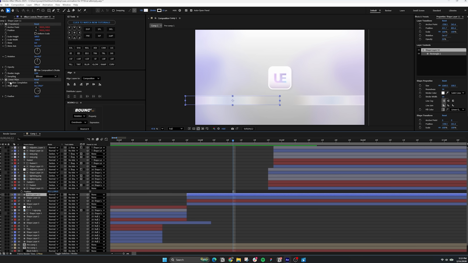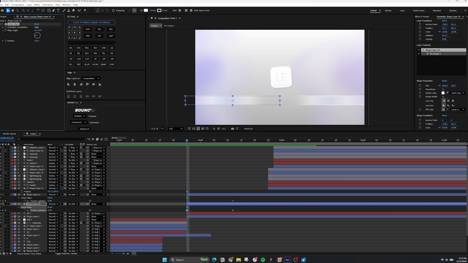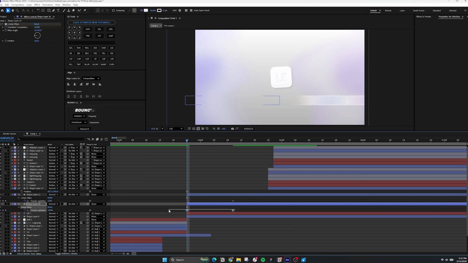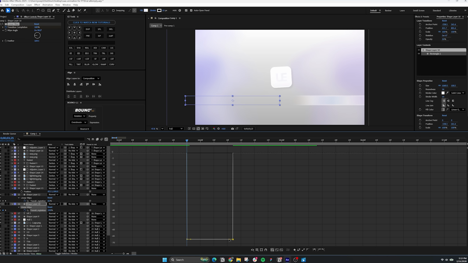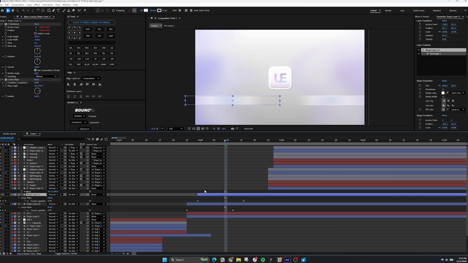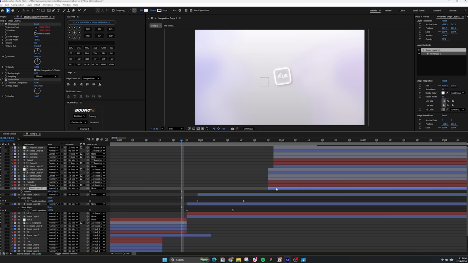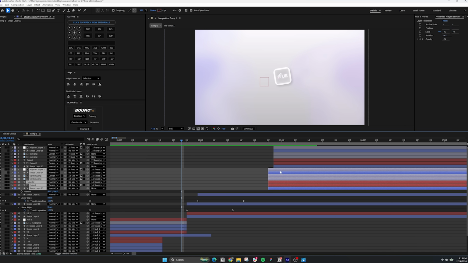Keyframe the transition completion for the gradient layers, move back and start them at 100. Then select the keyframes, go into the speed graph, start them fast and end them slow. Delay the layers, and this is what we end up with. Moving on to the UI glass, select the first UI layers, drag them over here, select the icon and the